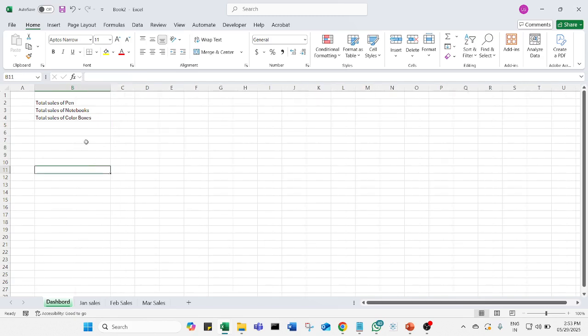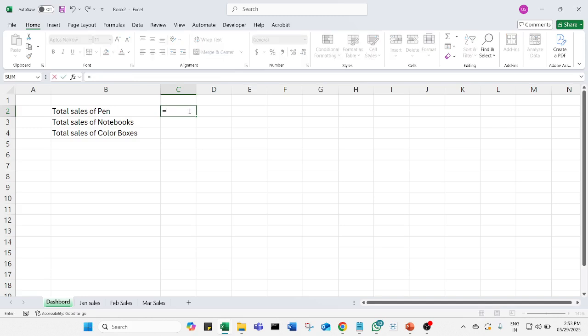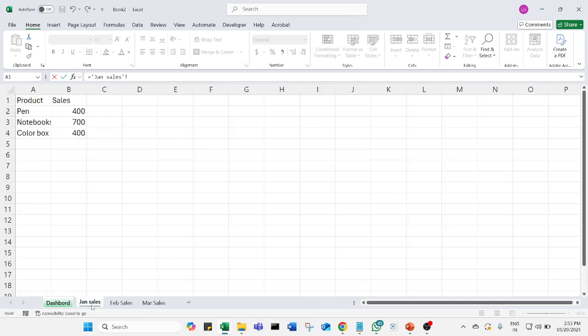We want the summary of the data here, as a dashboard. So here you can write equal to sum, or you can just say equal to, and directly go to January sales and click on the 400